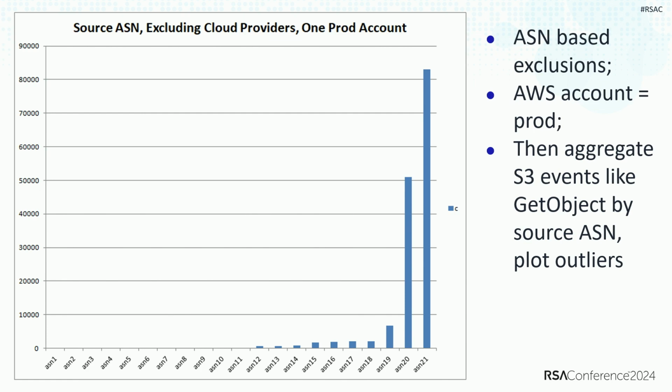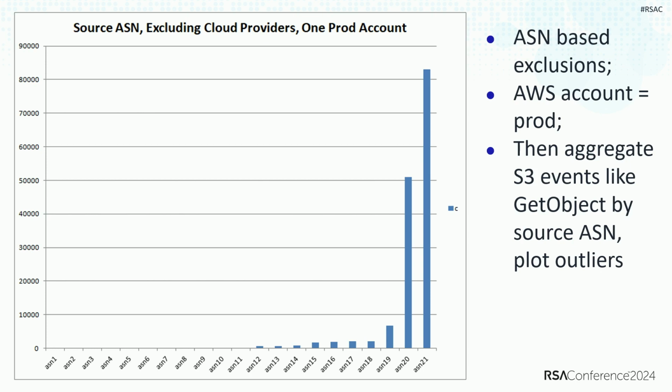So in terms of search space reduction, if you're thinking about getting in here and doing some data sifting and analysis, one thing you can do to shrink the search space and make it a lot smaller, assuming we have autonomous system network names, is to ask questions like, how much of this is coming from my cloud provider, my cloud environment, and how much of it is not? How much of it is coming from the outside world based on network names? Because there'll be a short list of ASN names associated with the cloud provider, and you can simply exclude those.